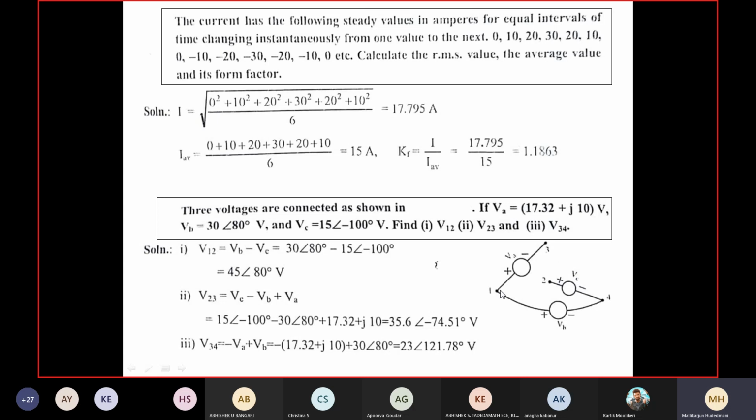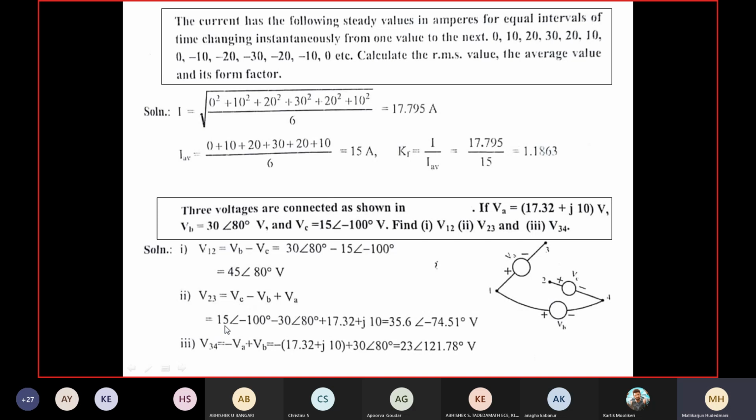It means 3 towards 1, VA is okay. 1 towards 4, VB needs to be negative, and 4 towards 2, VC is correct. You can see here VC as usual, VA as usual, only VB is negative. It is what is expected here. Yes or no? VA minus VB plus VC. That is the voltage between point 2 and 3. You did it.